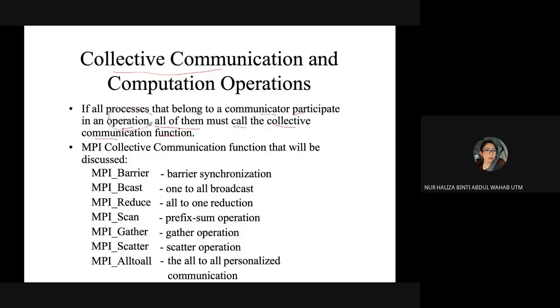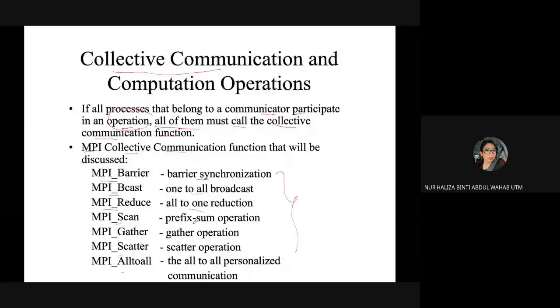For example, the MPI collective communication functions that will be discussed are MPI barrier, MPI broadcast, MPI reduce, scan, gather, scatter, all to all. And you will also see the details of each function.